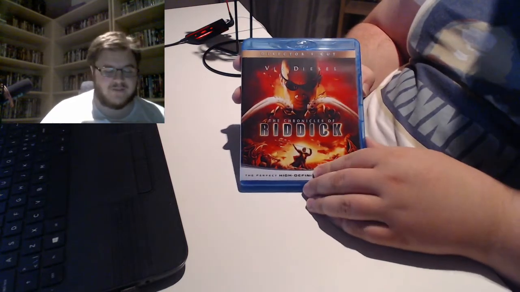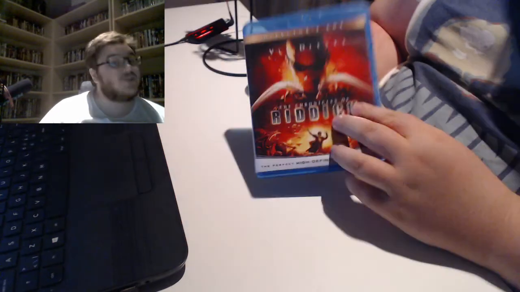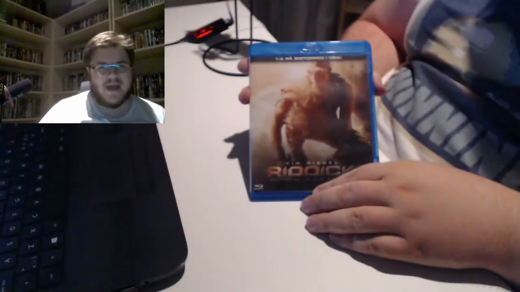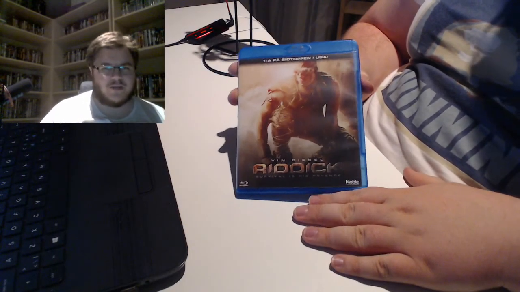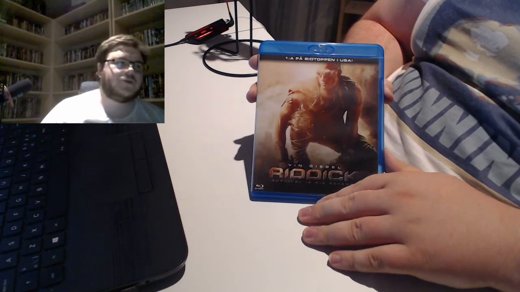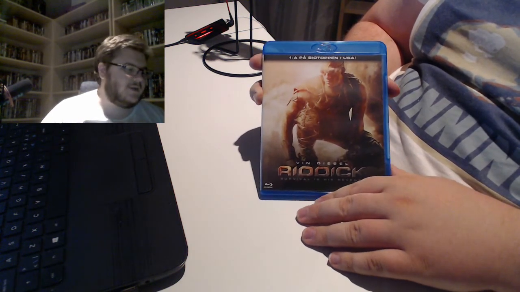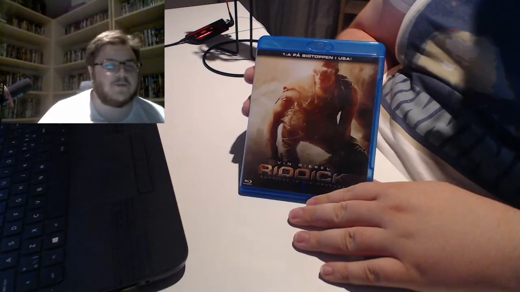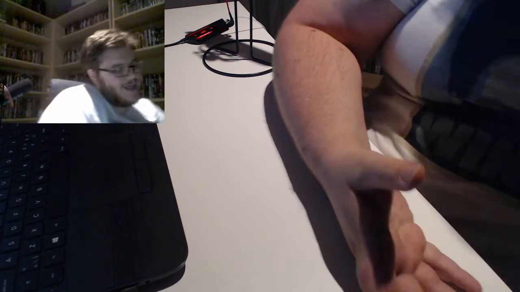This is one of my favorite action movies. It really doesn't hold up anymore, but it still has a special place in my heart. And then they did the back-to-basics threequel, just called Riddick. Not as good as the first one, but the concept holds up better than the second one. So if you like Pitch Black, you're probably going to enjoy this. It's okay.